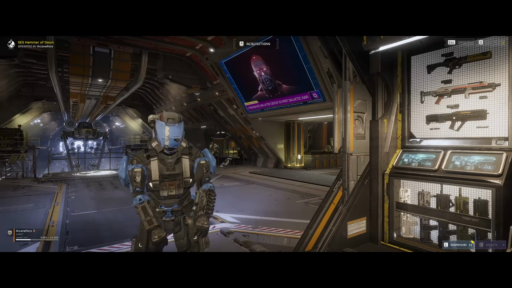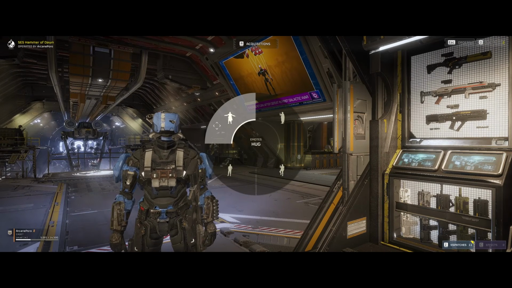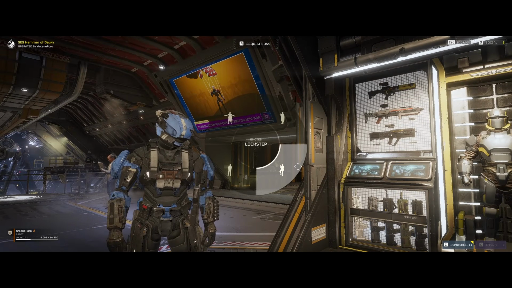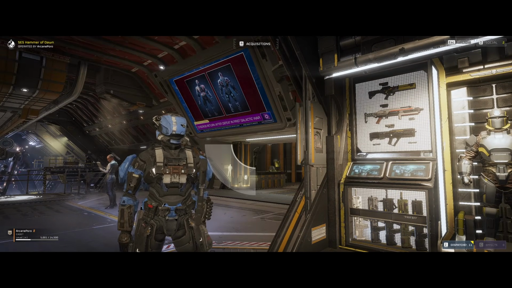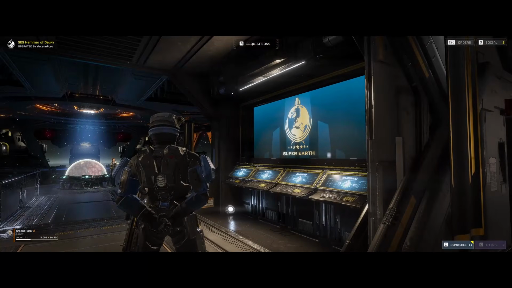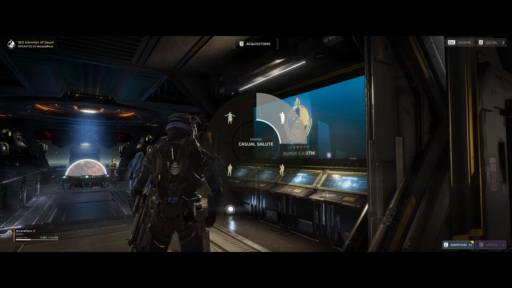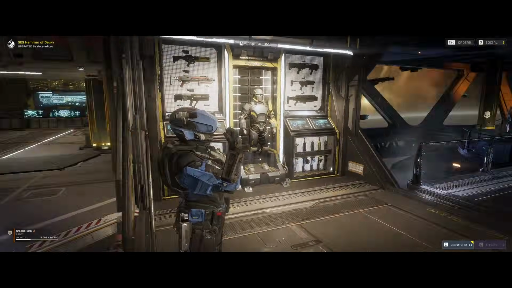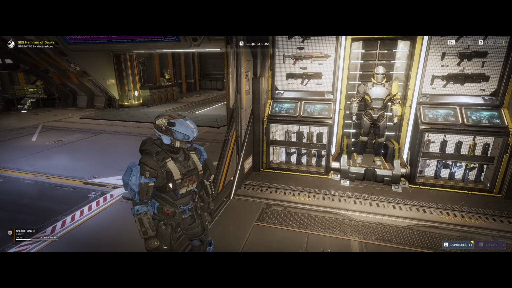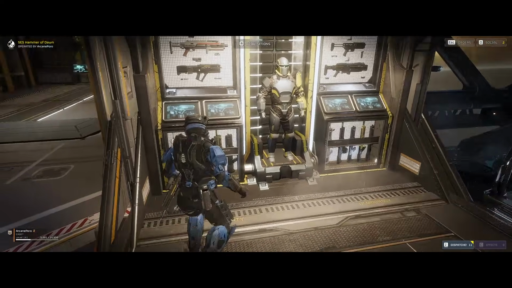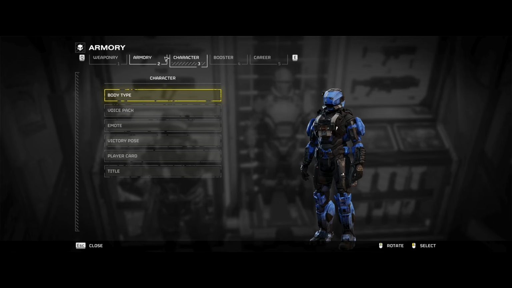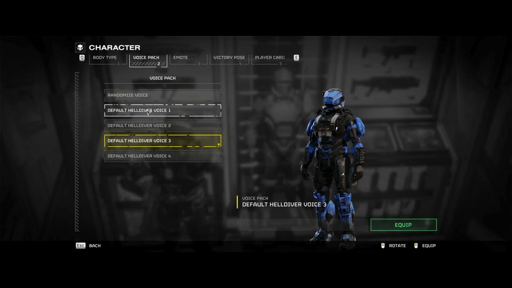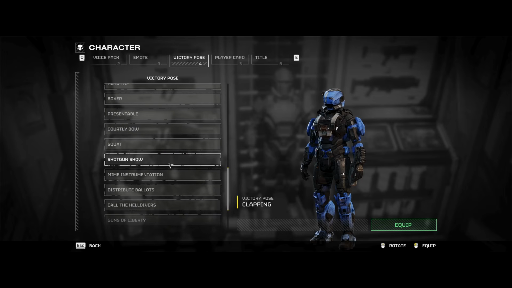or I check it with the emote. So hug emote is really good for checking out the arms. The at ease one is also a very good one for checking how the arms look. Also do casual salute, which is good for checking out the hand. And looks fine. And then if we go to the armory, if you have access to it, victory poses, specifically